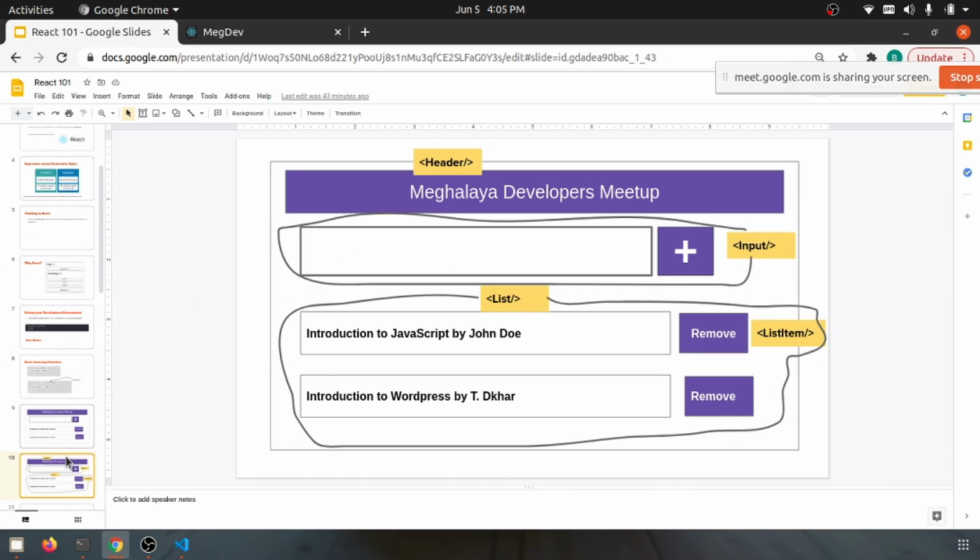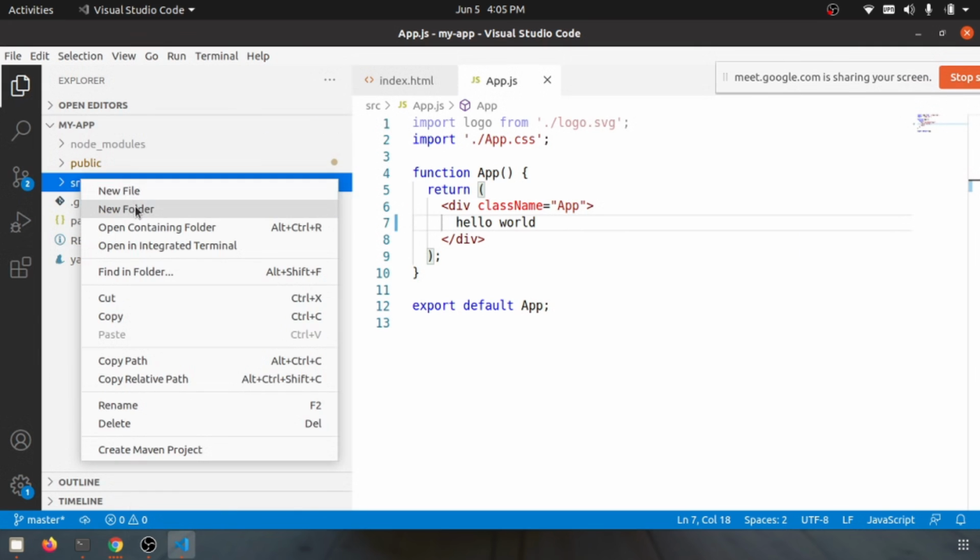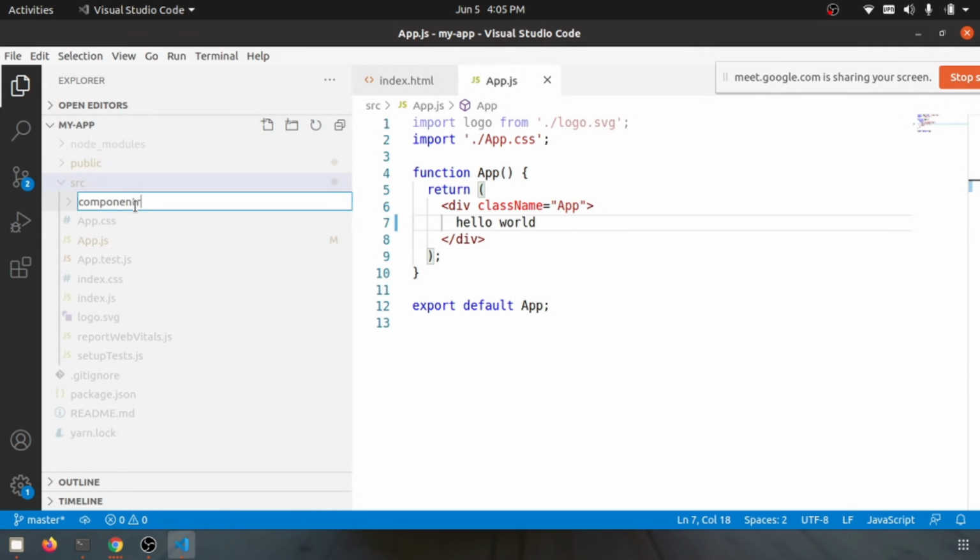web page. So what we can do is we can segregate this into components. For example, the Meghalaya Developer Meetup will be one header. It is the header component. This will be the input component. This will be the list component, and each of these is a list item component. So let's do that. Let's create a folder called components